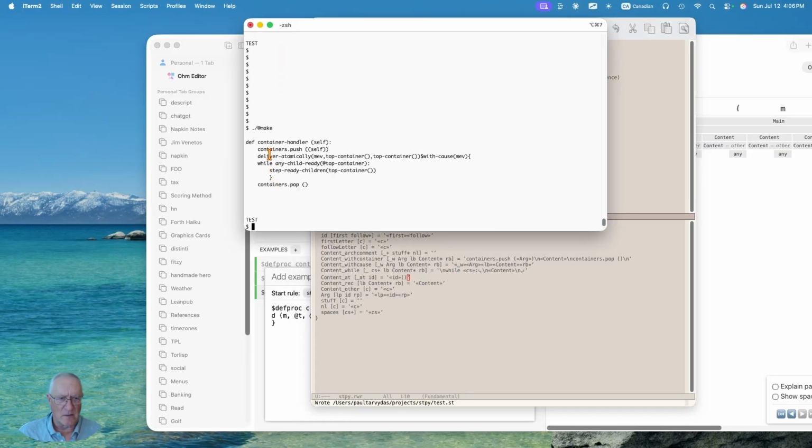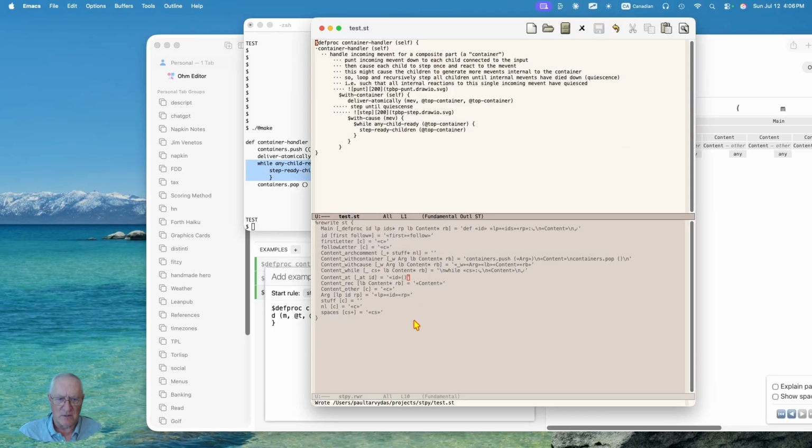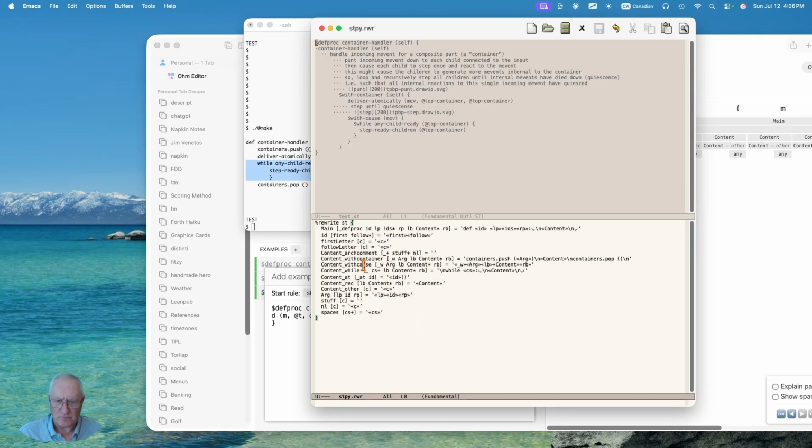And what are we getting? Containers.push. withCause did not get expanded, and containers.pop got expanded correctly. The withCause is still leaving. Is that right? Yes, the withCause, well, we haven't expanded withCauses. So that should be